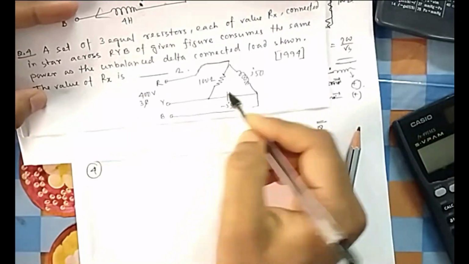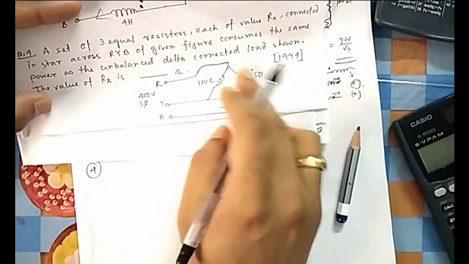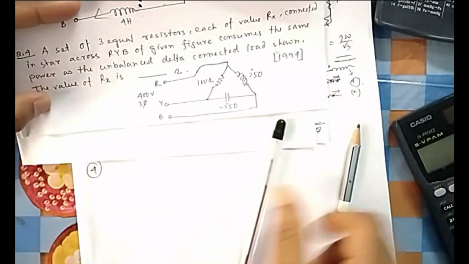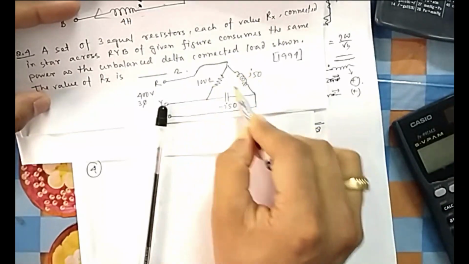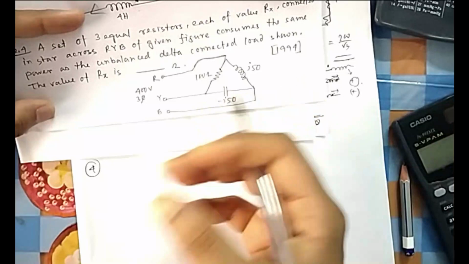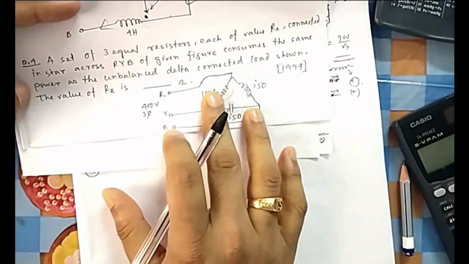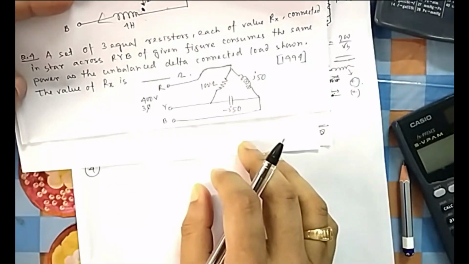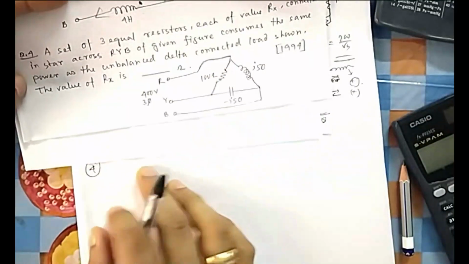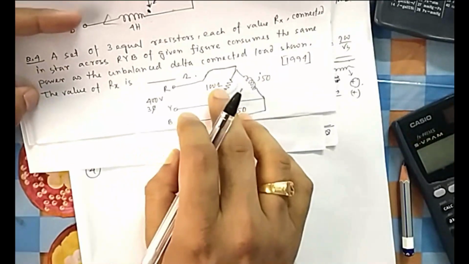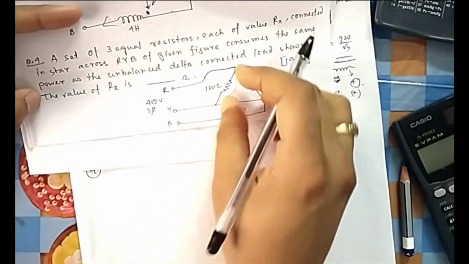Because it is a special case, I will also show you the general case. From here you can directly think, because only resistance is there, which one consumes power? Only resistance consumes power. Inductor and capacitor don't consume power, they store energy momentarily and then release it. So consumption is done by the 100 ohm, because here the energy will be dissipated as heat and you cannot recover it. So this energy is consumed, it is transferred into heat. Okay, so what is the power through here, you can calculate V.